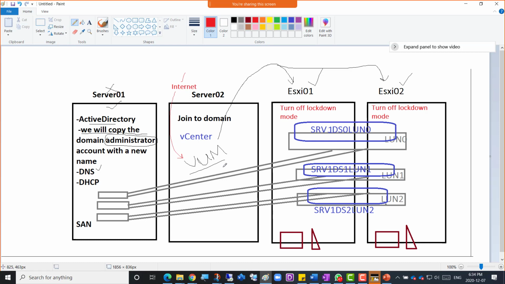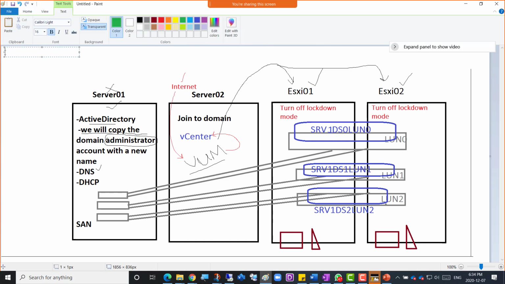VUM, or VMware Update Manager, is normally installed separately for a Windows-based vCenter, while it is already built into the Linux-based vCenter.